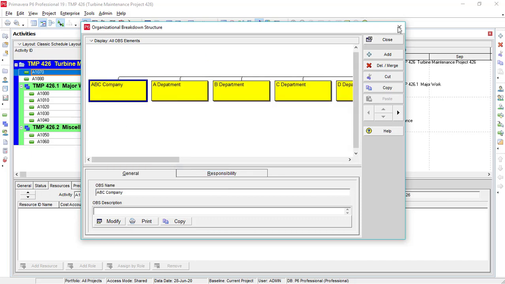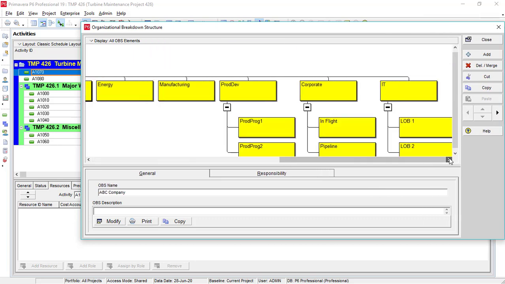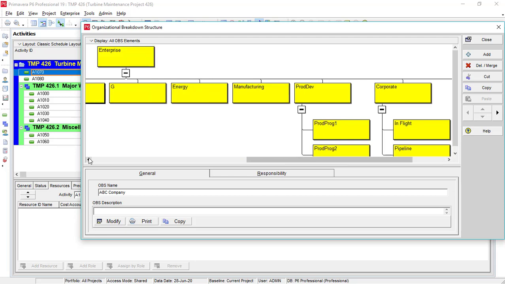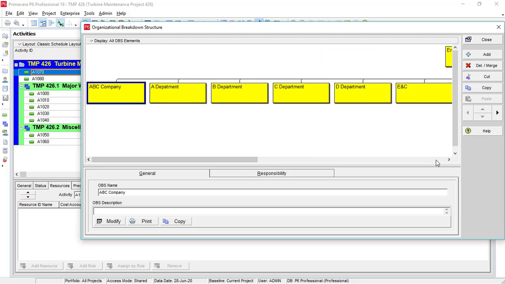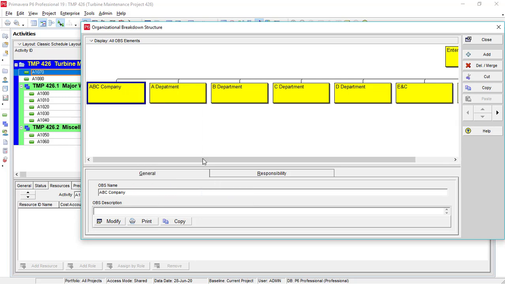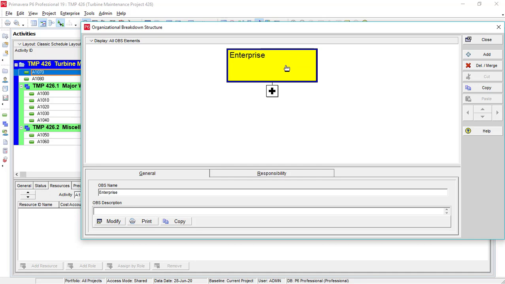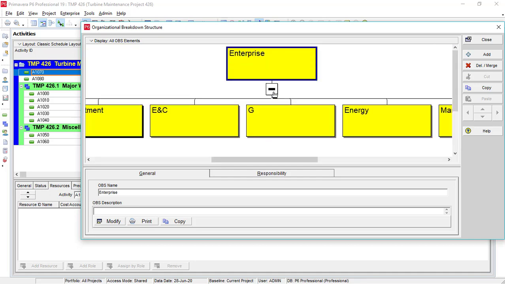You can see the chart view of OBS. Just click on this and again zoom out. You can see I just click on this negative button, and again click to expand all these OBS.